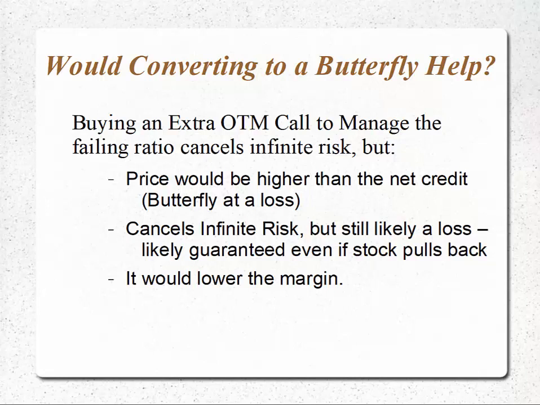Even if the stock pulls back and falls back towards, let's say, the two short strike prices, you may even have a loss there depending on the cost of the outer wing. A good advantage of this also is that it would lower the margin requirement on the position. I don't have the infinite risk anymore. I essentially have a bull call debit spread and a bear call spread to create a butterfly that I legged